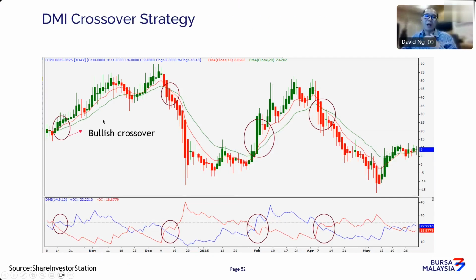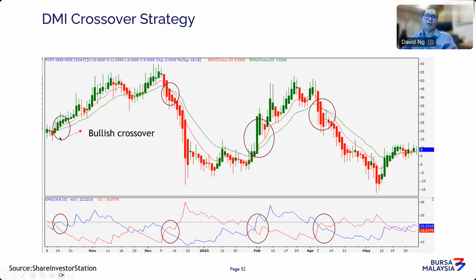So whenever you have crossover signals, like for example here, where the positive DI crosses above the negative DI, it's telling you that this market is poised to be a bullish market, because as long as the bullish line crosses above and stays that way, you can see that the momentum actually goes higher. Vice versa, when the negative DI, the red one, crosses above, that's where you see that the market is probably going to go lower because the bearish momentum is gaining strength.